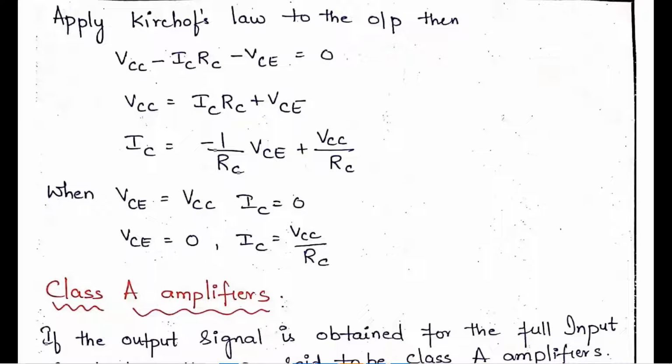How to get the point on the VCE axis? I told you VCE is the x-axis, IC is the y-axis. How to get the point on the x-axis? The y component is 0, right? Students, if you answer, then I can know my voice is clear and you are able to understand everything. Otherwise, I keep on telling, and if you don't understand, it is a loss for you only. So please answer.